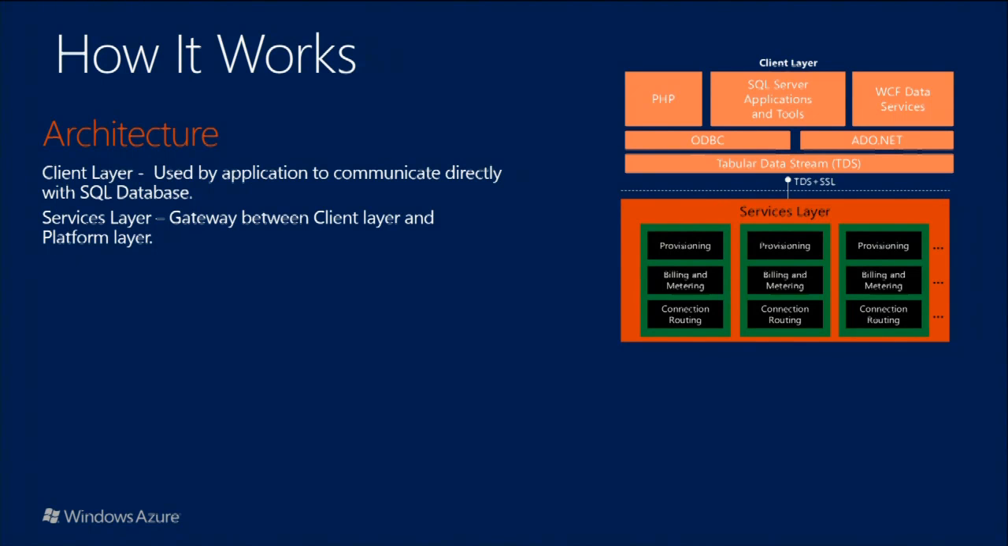We have this new services layer, and your query comes in and says, all right, what happens now? So we have the services layer, and it's responsible for provisioning, billing, metering, and connection routing, right? It's also responsible for routing your connection to the database. We're not going to spend a lot of time on here, but what I want to point out